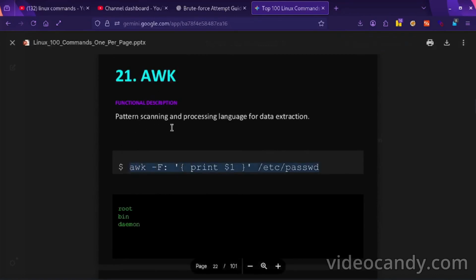AWK, pattern scanning and processing language for data extraction.